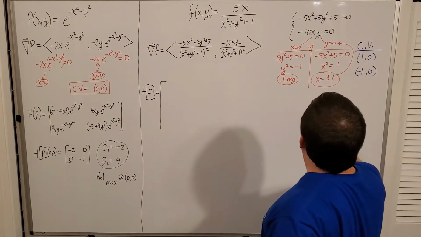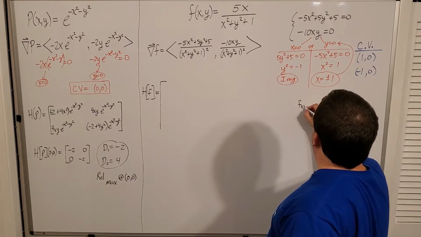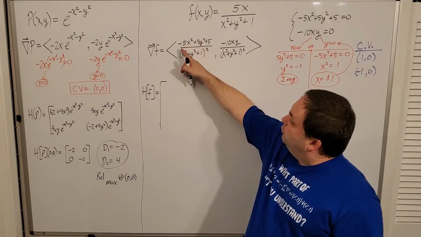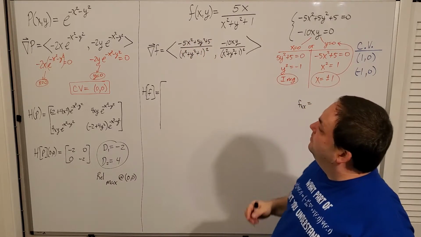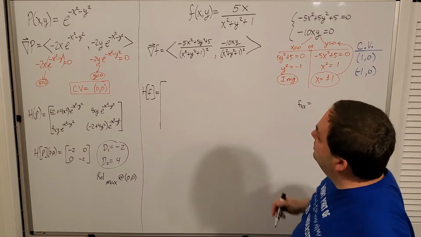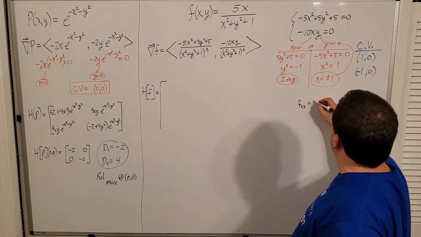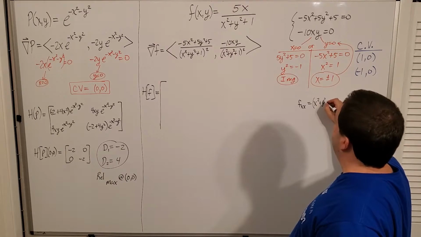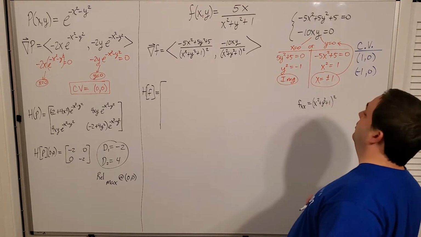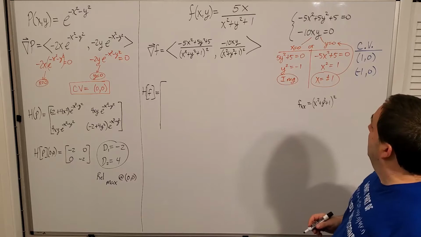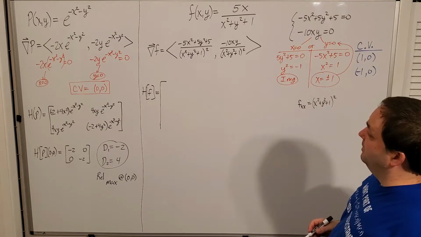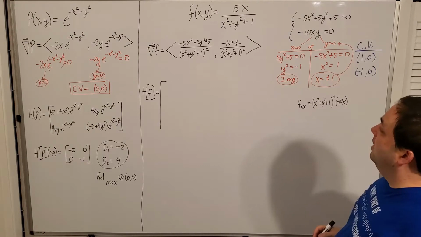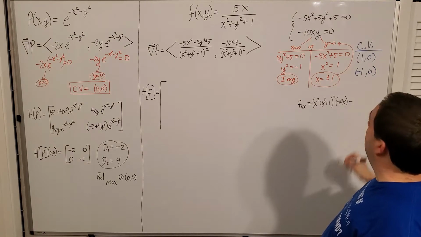So I'm doing the fxx derivative here, which means I'm going to do a quotient rule of this beast right here, okay? So low d high is going to be x squared plus y squared plus 1 squared. D high is going to be negative 10x